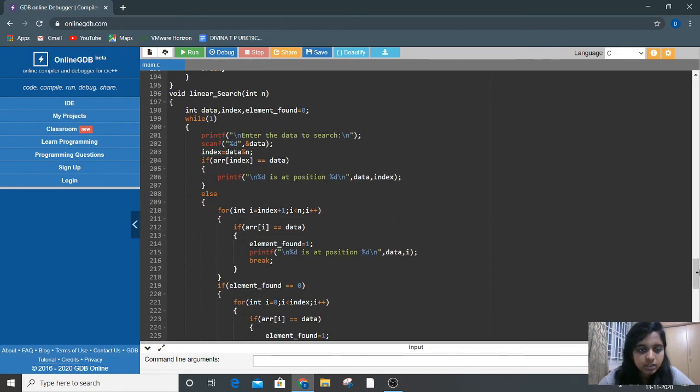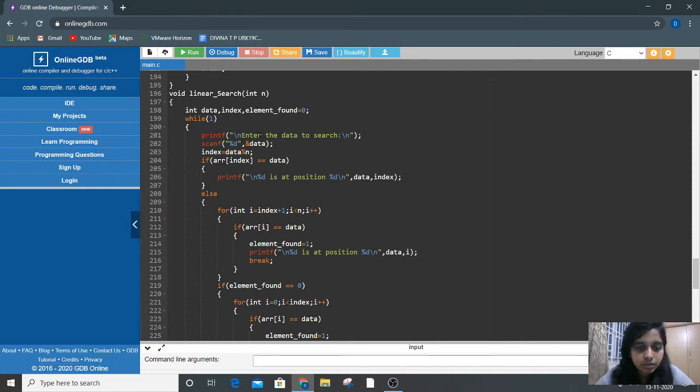In this linear search, what does linear search mean? The searching is split into two, linear search and quadratic search. In linear search, we have to give a particular number to be searched, which is present or not present. If it is present, it will show you that it is present. If not, it will show that it is not present, with the position.